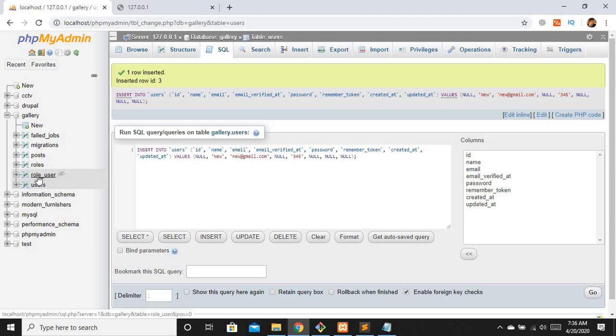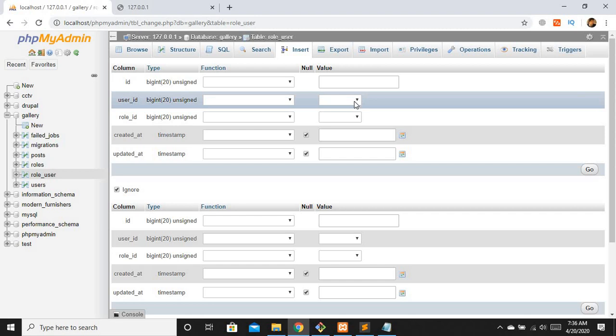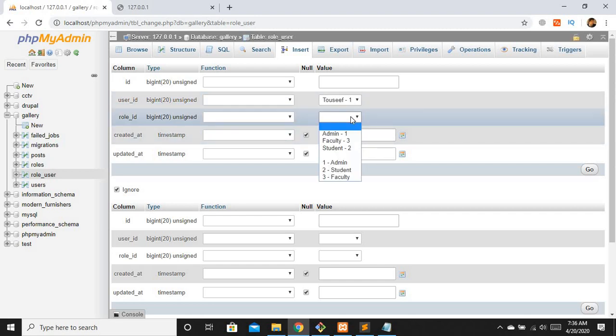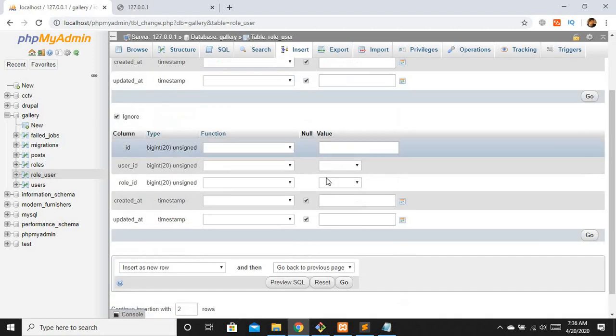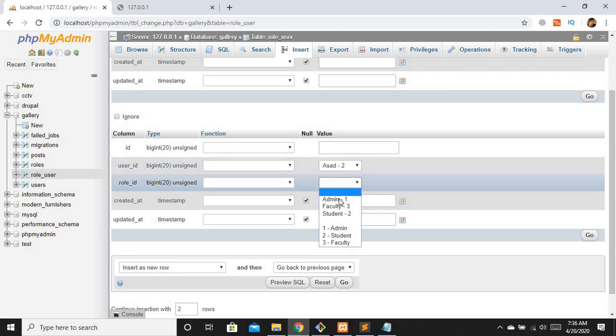Now let's pass these users some specific roles. I'm going to insert in role_user, and select the first user, which is me, Tausif, and I'm going to assign this user the admin role. Now let's assign the second user, Asad, the student role.